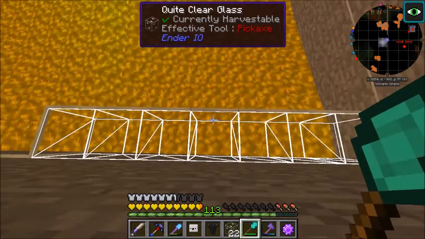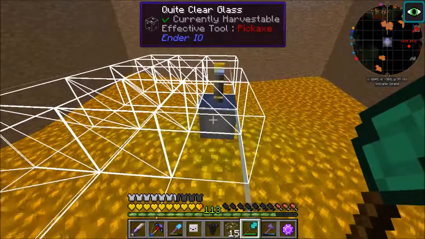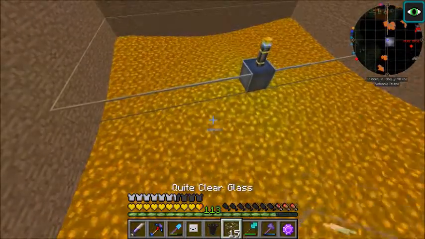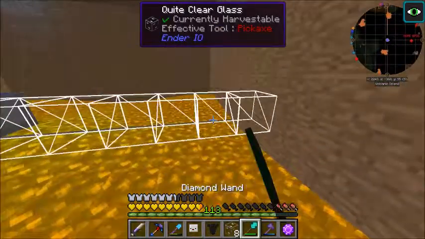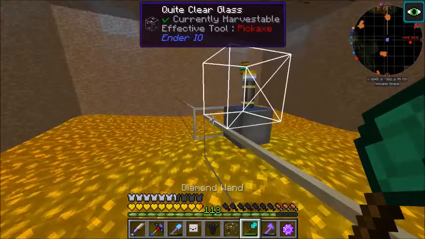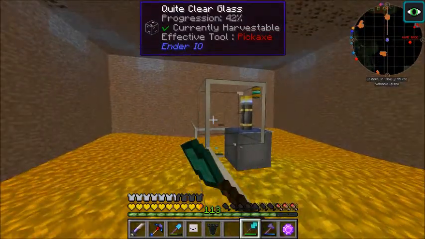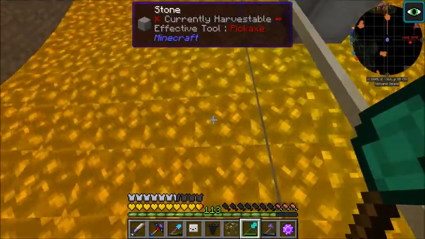Perfect. That was a lot easier than I thought it was gonna be. And this one will be a little easier. I should not have done that. And we'll place those two, and then we'll just place this one right in the middle. Should have seen that coming. Knew it was going to happen once. Did that just...